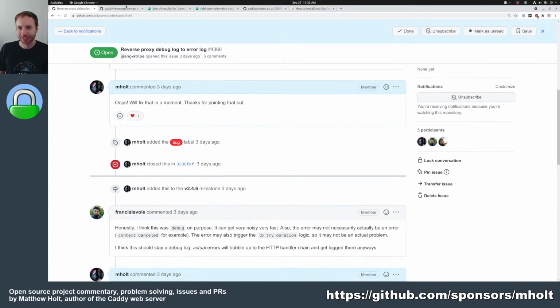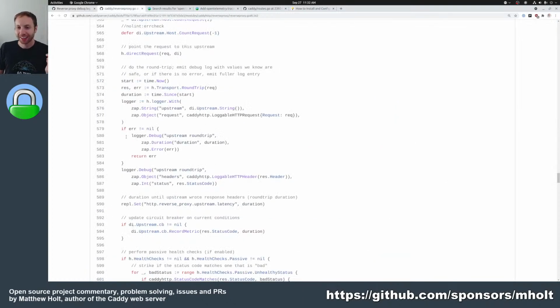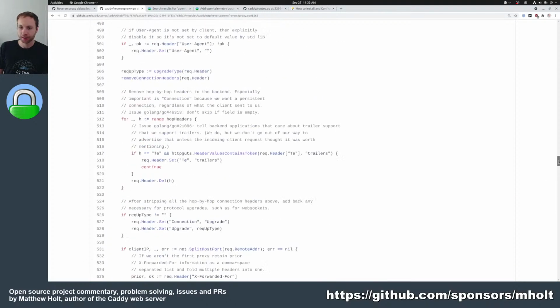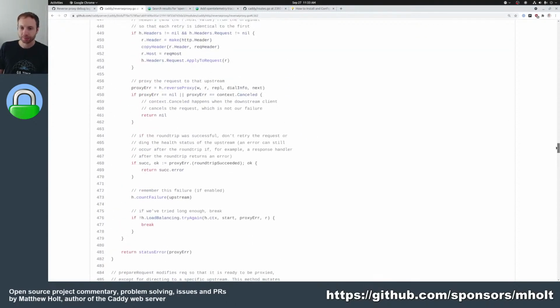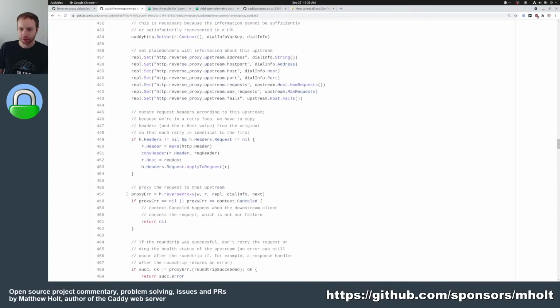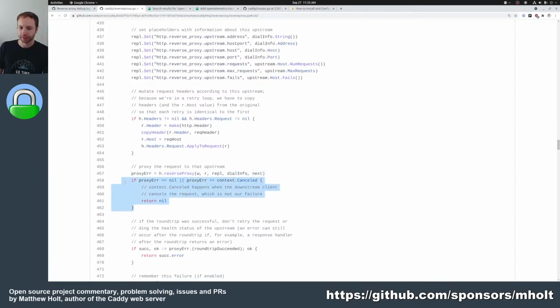And then Francis pointed out to me that that is actually a mistake. This is intentionally debug level because this is not the final error, and this is not the final log for a particular round trip. This is a failed round trip. On a successful round trip, we do log it at the debug level. But on a failed round trip, we log it and return the error right away. And that error, remember, bubbles up to this loop here